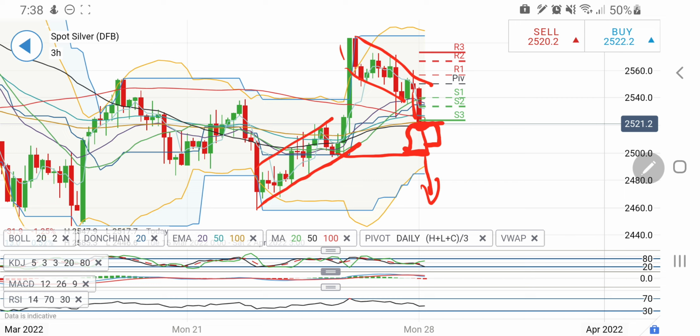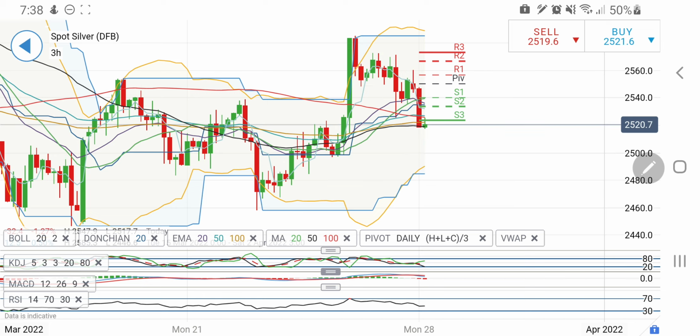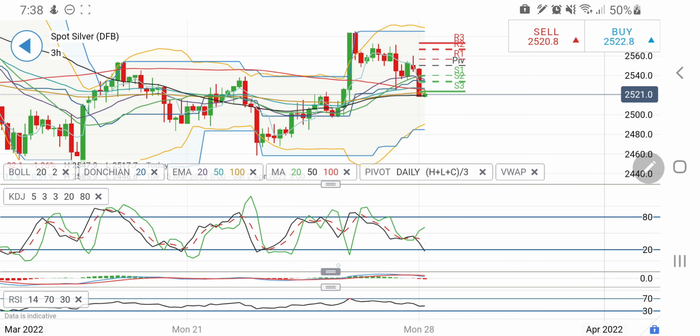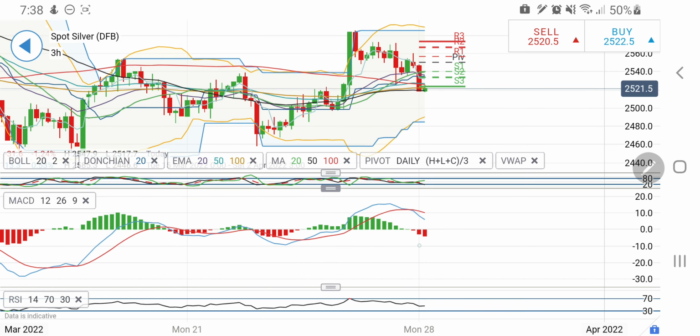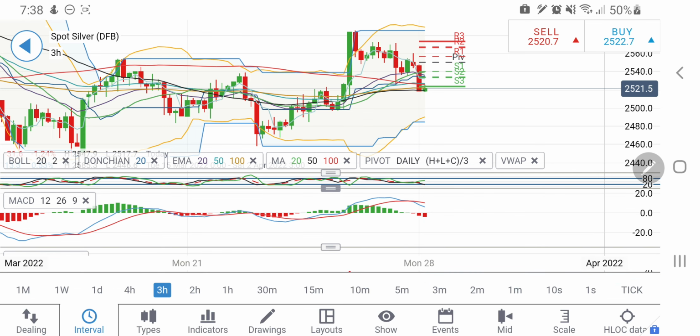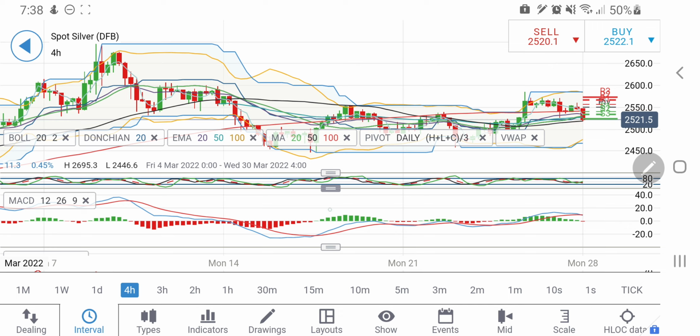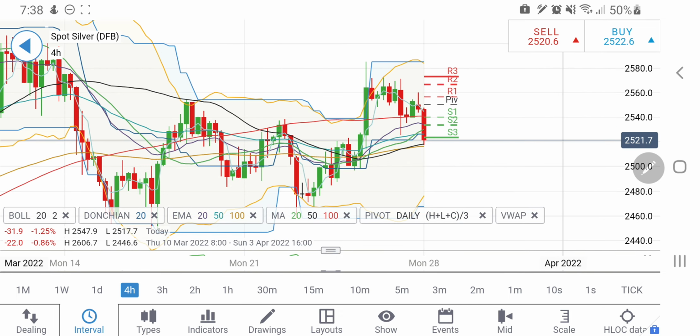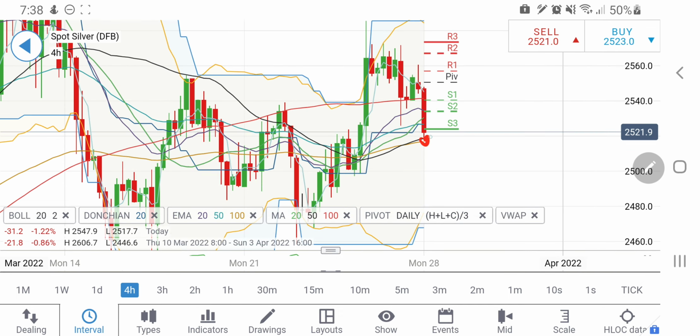And yes, this is a zone I will be watchful of. However, there is good support at 2520 levels. And again, below 2500, it is going to act a little bit more bearish. Look at the 3-hour charts. The 3-hour stochastic is trading in the red and MACD is wide and divergent. On the 4-hour charts, there is similarly a strong support at 2520 levels. Breaking 2520, you can expect it to hit 2500 and then 2480 and below levels.